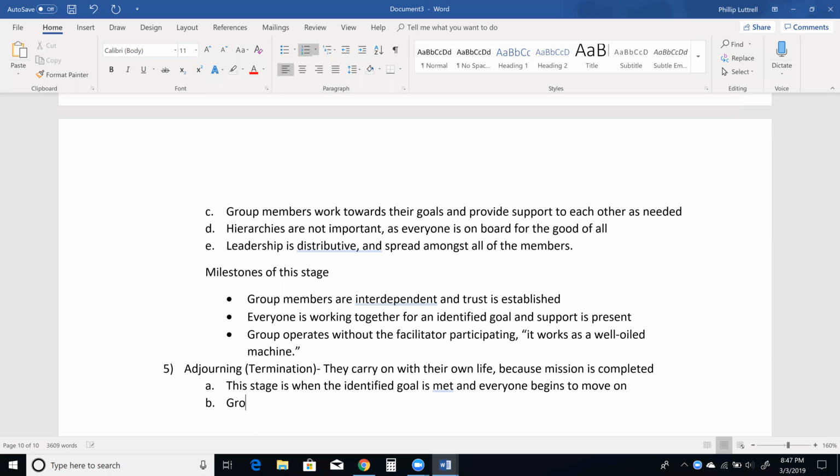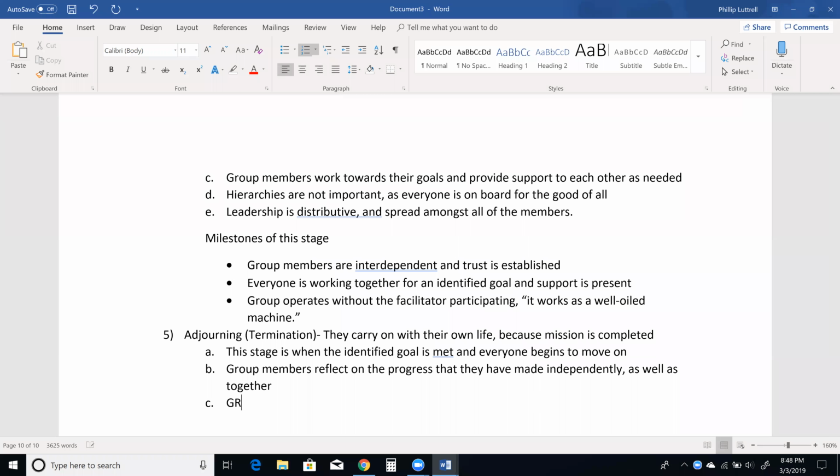So group members reflect on the progress that they have made independently as well as